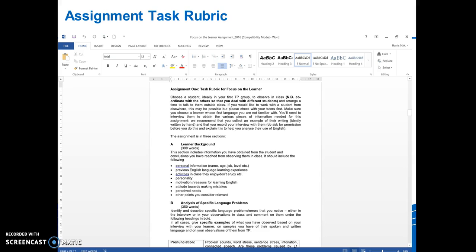And as you can see from the pack and here on screen, this is where you collect background information about the learner, their study background, something about their personality, and their reasons for learning English. Section B requires you to analyse specific language problems, and these are divided into 5 parts: pronunciation, speaking, understanding spoken English, vocabulary, and grammar. Whilst it is possible for you to make comments about the strengths that the learners have in these areas, or more particularly your specific learner, you should focus primarily on any difficulties that the learners have